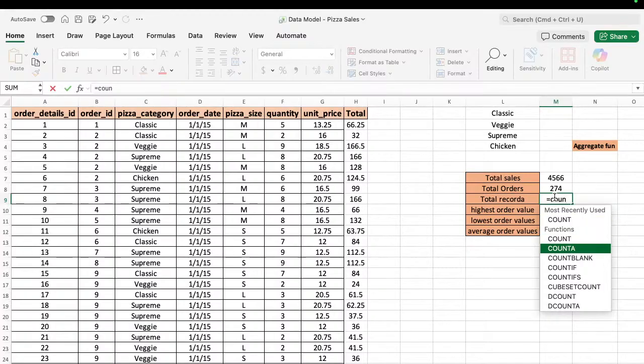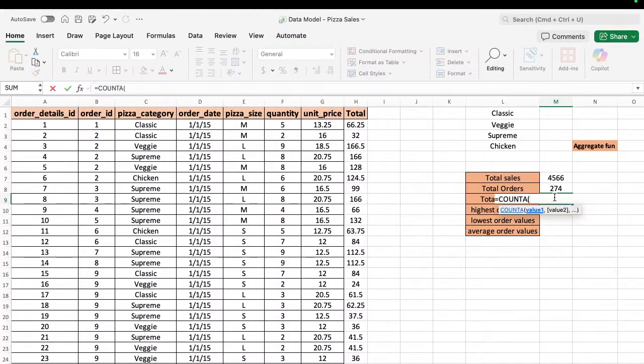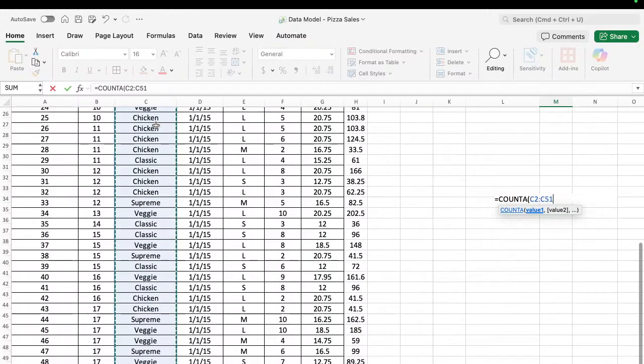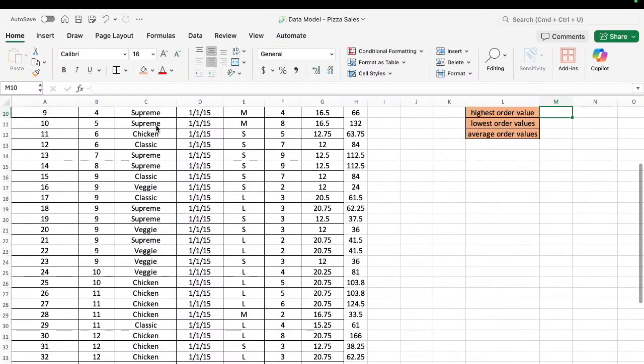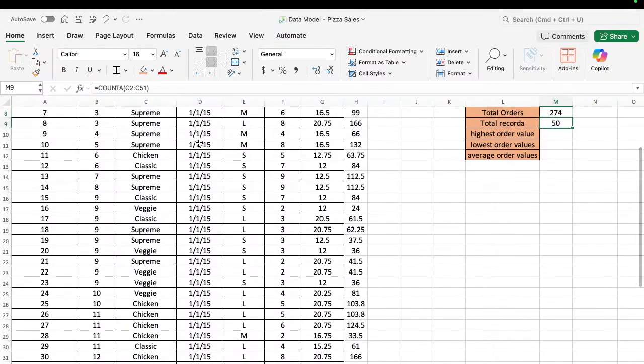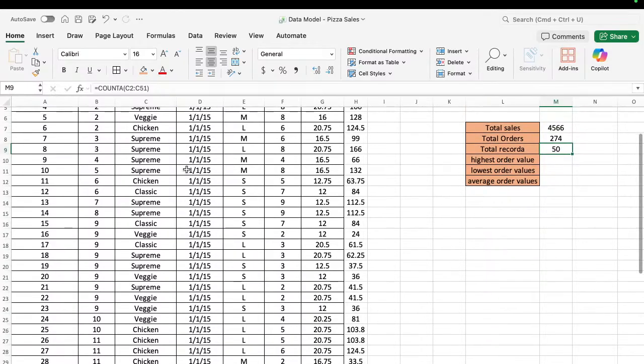It is a function which is going to ask for a value first, which is mandatory, and after that it's going to take an optional value, right. So here just do one thing, select all the data from here to here and close the bracket, and here you can see there are 50 records actually, right. So COUNTA is actually useful